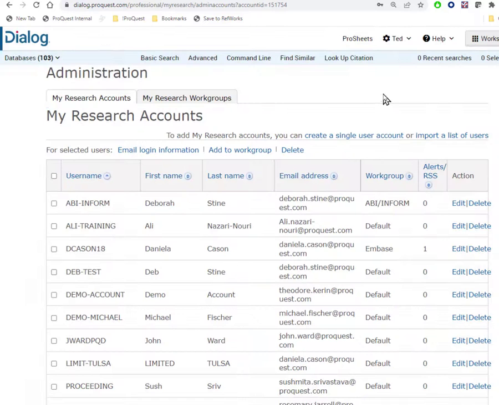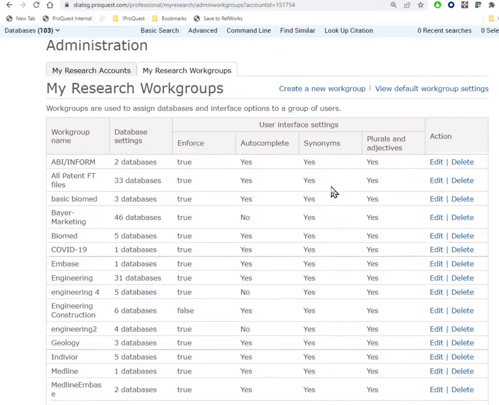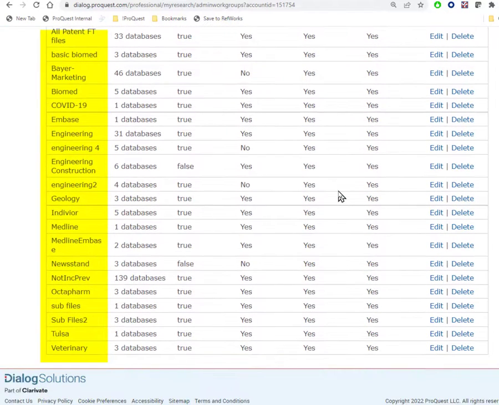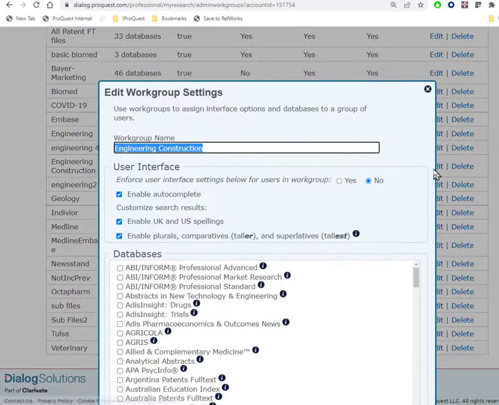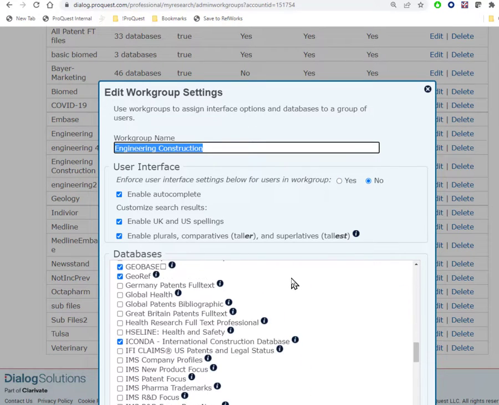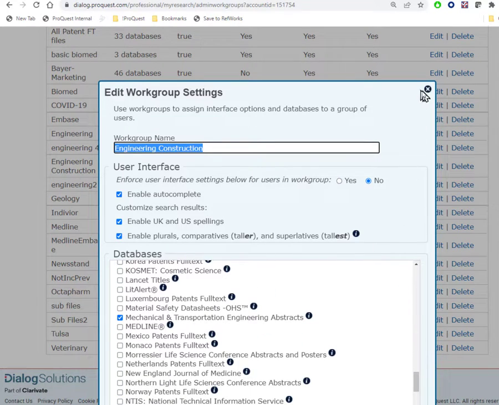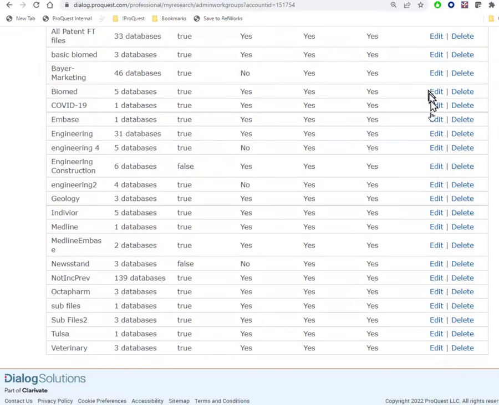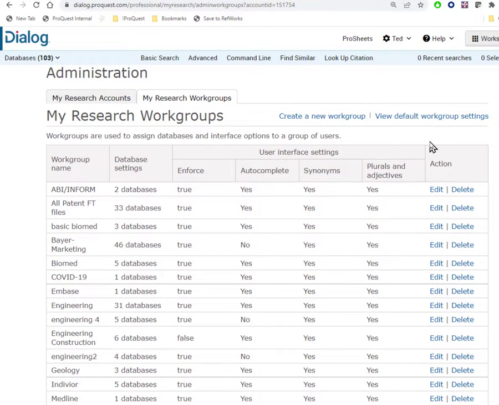The other tab is for the MyRA Workgroups. This is a training account, so we have quite a few workgroups already created. Engineering Construction, for example, has 6 databases, and using Edit, we can see a check mark next to each database in this workgroup. To see how this works, let's create a new workgroup, and then we'll assign it to some